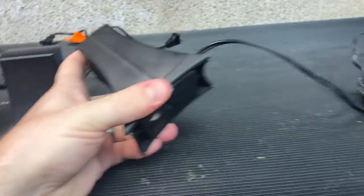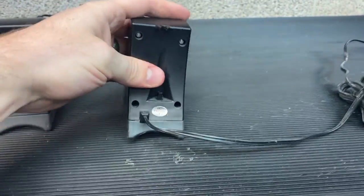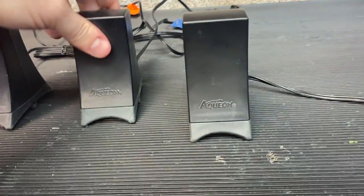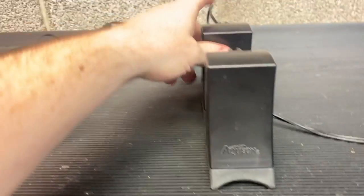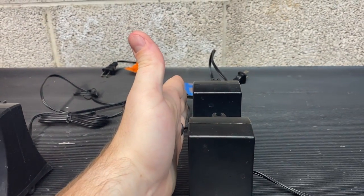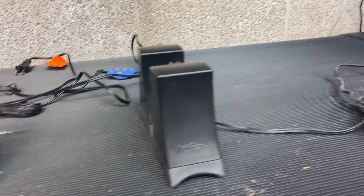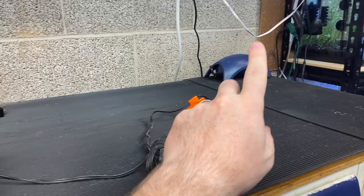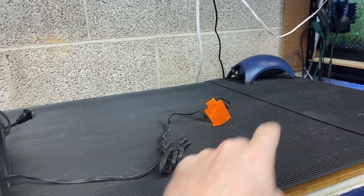They have the whole base rubberized, and then they have the air pump port on the back here. So it just says Aqueon, and I really like them because I actually had them sitting like this on the side of a dresser, and the tank was right here, and it was just very sleek, and you can't really see them a whole lot, and they're absolutely silent. So right now you may be hearing this one. I do like this air pump as well, but it is larger and does make some noise,